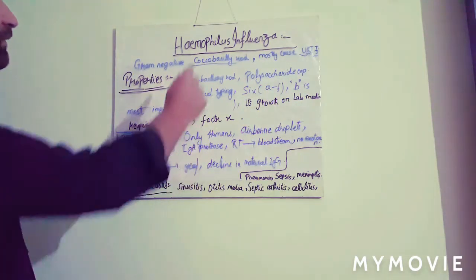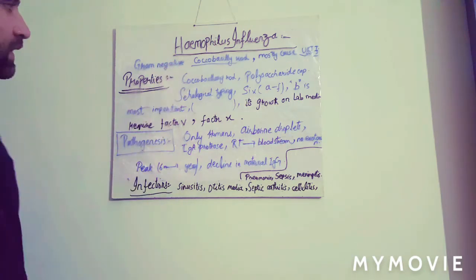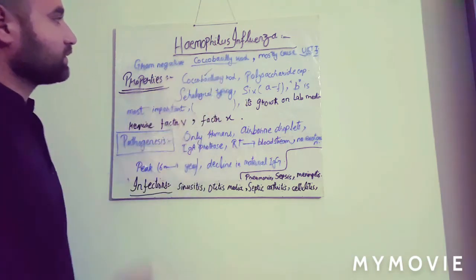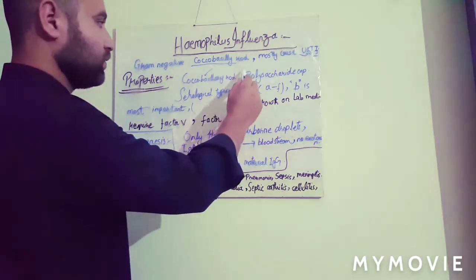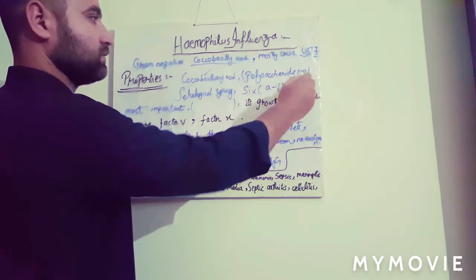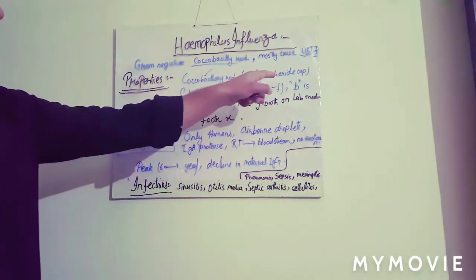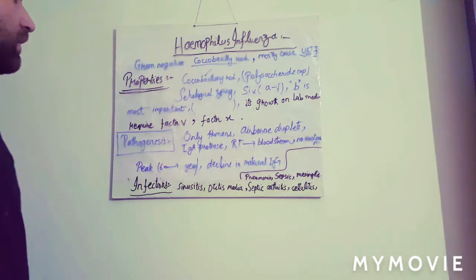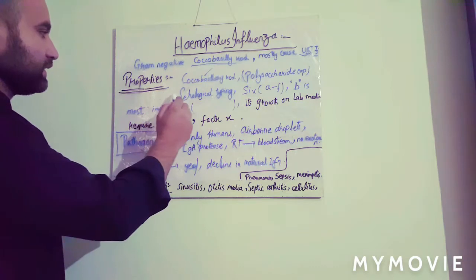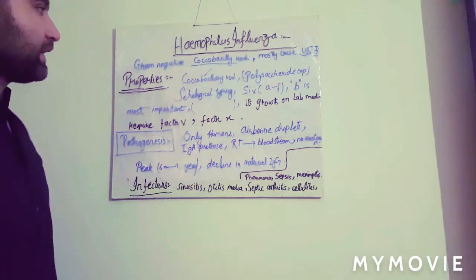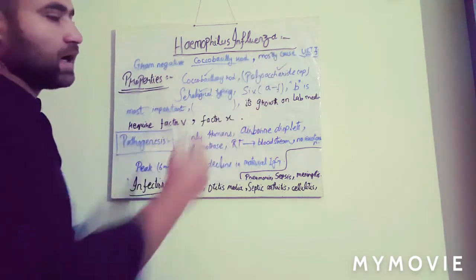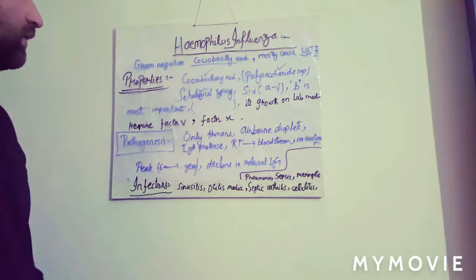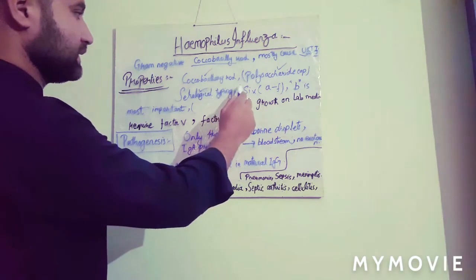The properties of Haemophilus influenzae are: it is a coccobacillary rod, as explained earlier. It has a polysaccharide capsule. This polysaccharide capsule is responsible for providing its antigenicity. So it has serological typing that is based on the antigenicity of its polysaccharide capsule. It has